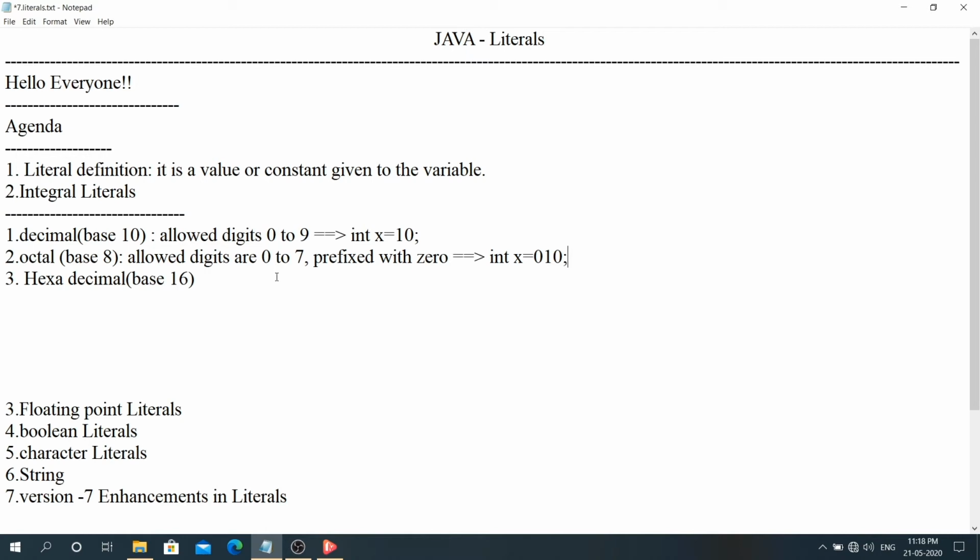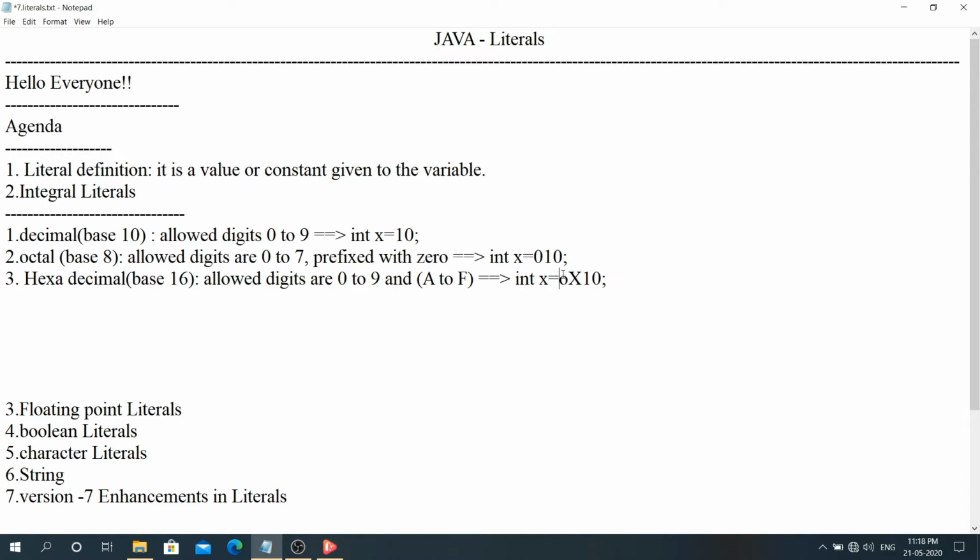Coming to the hexadecimal, the allowed digits are 0 to 9, and you have A to F, whether capital case or small case, there will be no problem. To represent values from 10 to 15 we use A to F in hexadecimal. You can write it like here: int x is equals to 0x10.